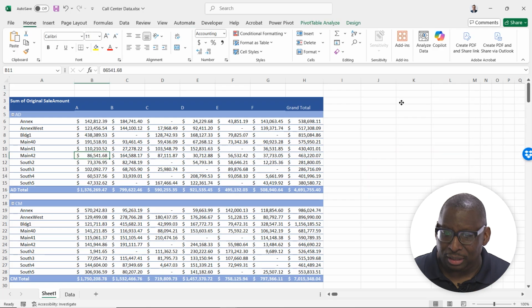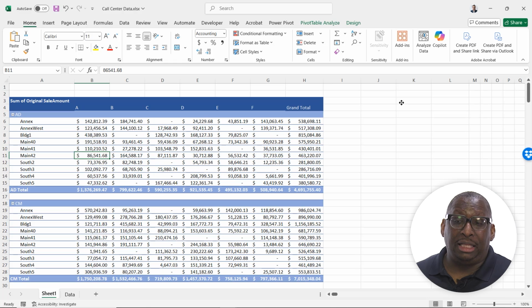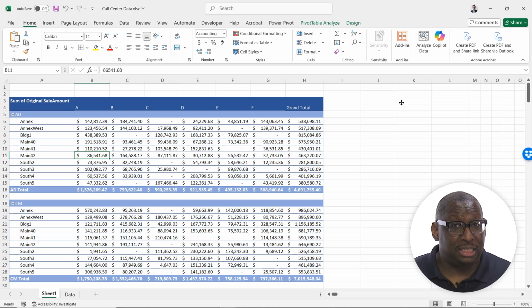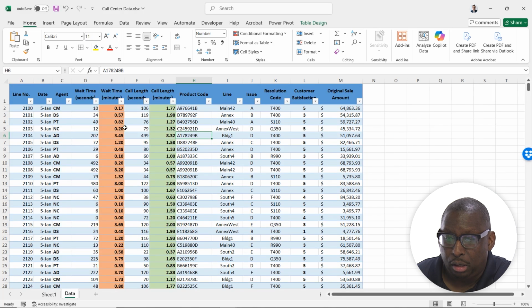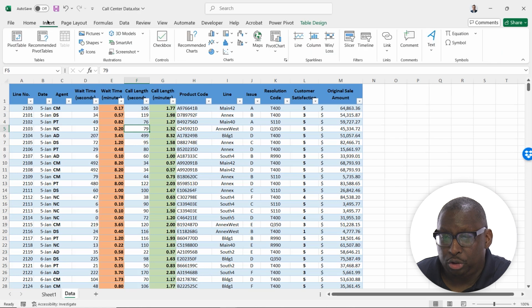Ugh, that stinks. So because I'm not using a data model here, and this is one of the reasons why I think data models are often the way to go, and we'll learn about that, since I don't have that, I need to create a whole new pivot chart pivot table combination. So I'm going to go over here to the data tab. I'm going to come back to my call data table. I'm going to do insert